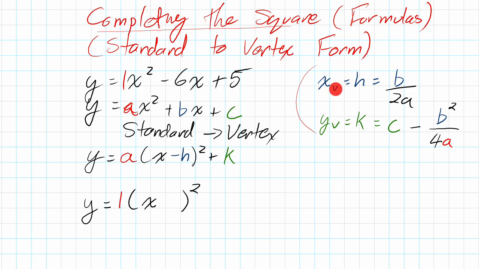They give you a way of calculating them. I put x subscript v. That just means the x value of the vertex, which is your h value. It can be found by taking the b from standard form and dividing it by 2a. Okay, so let's try that. The h value is equal to b, which is negative 6, divided by 2 times 1. Okay, when we calculate that,